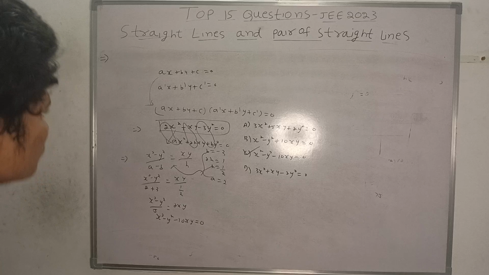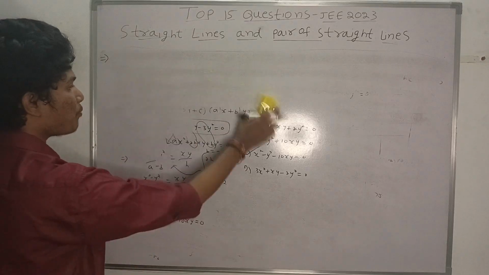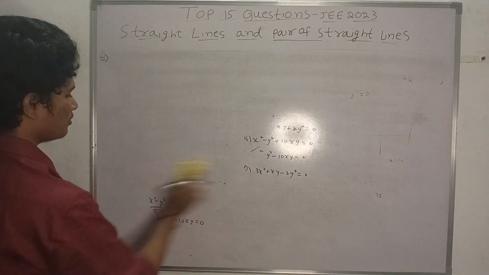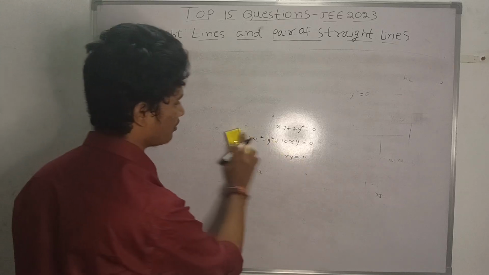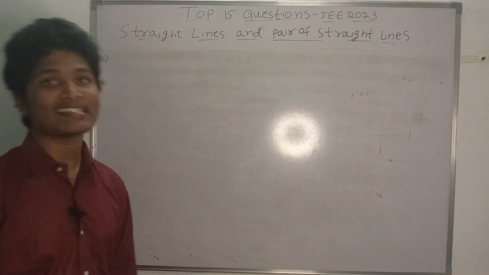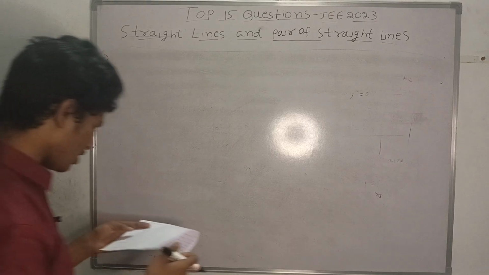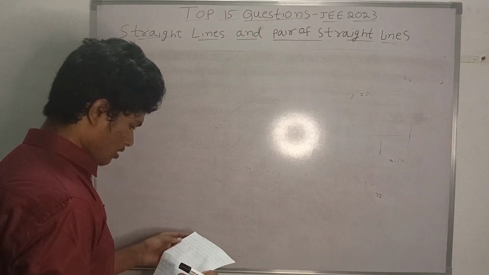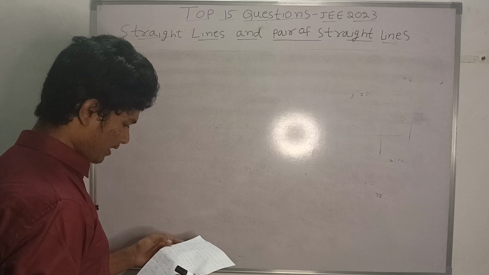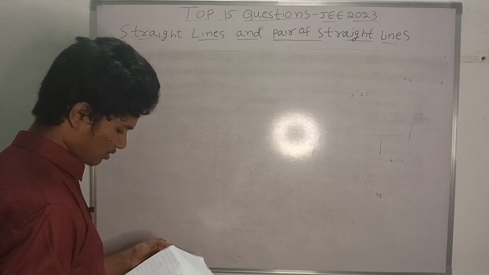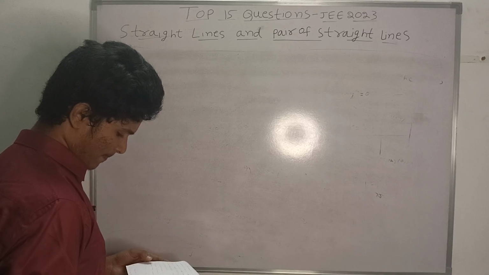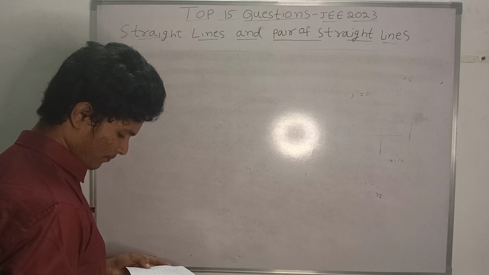Similar type question. So it is important to remember the formulas. What are the equations for the angle bisectors? Whether it is a straight line or a pair of straight lines, you have to remember. And now, first question completed, second question completed, third completed, fourth completed.